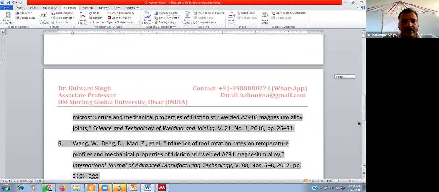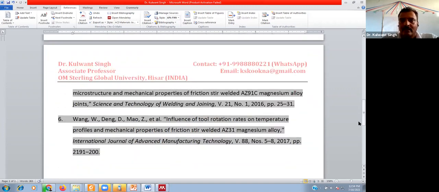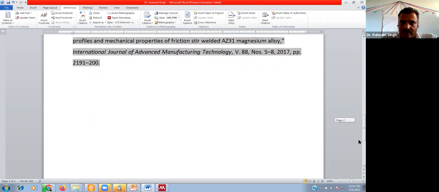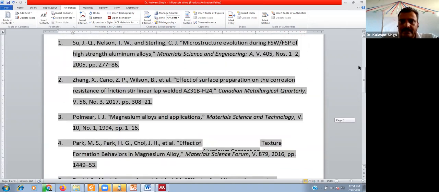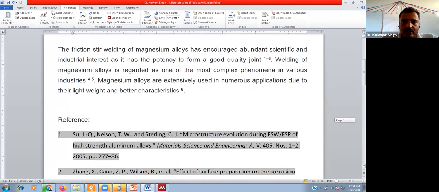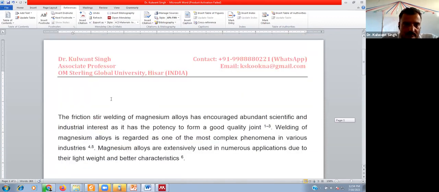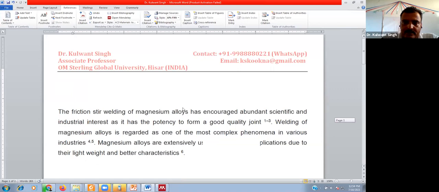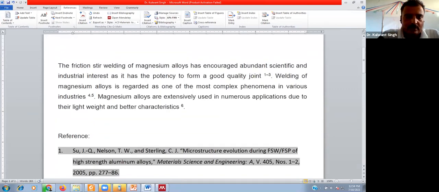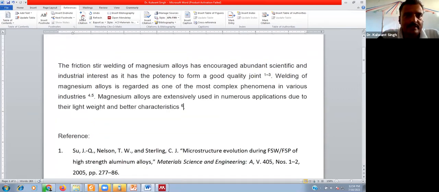So this is the main objective of this Mendeley tool used for reference management. And there are some other options as well. Suppose I delete this particular citation from here, and suppose I am inserting the citation here.